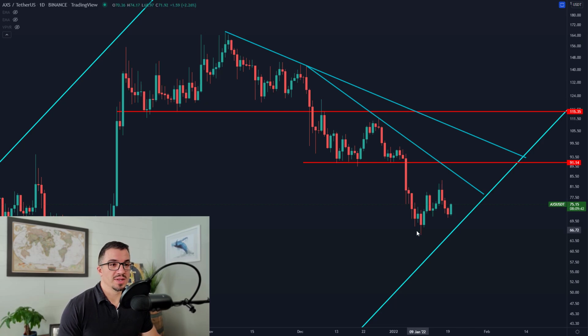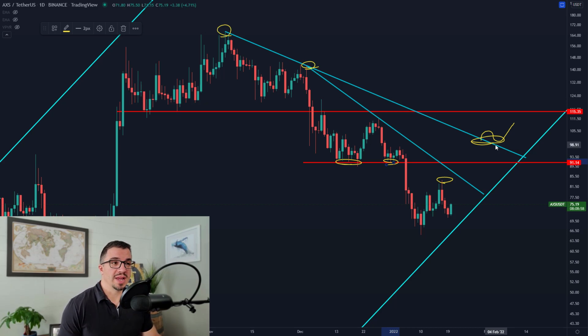Okay, we have something that could be a higher low developing here, but the market needs to take out this area up around 84 in order to really do that. Now, I think the bigger level to keep in mind here is going to be up here around $100. So this downtrend right here, if we were to see Axie Infinity take that out over the coming weeks, then that could really start to change the trend, especially because by then the market would be having those higher highs and higher lows we talked about. And also it would have reclaimed this level through here. So that could really be the catalyst here for a breakout over the coming weeks.